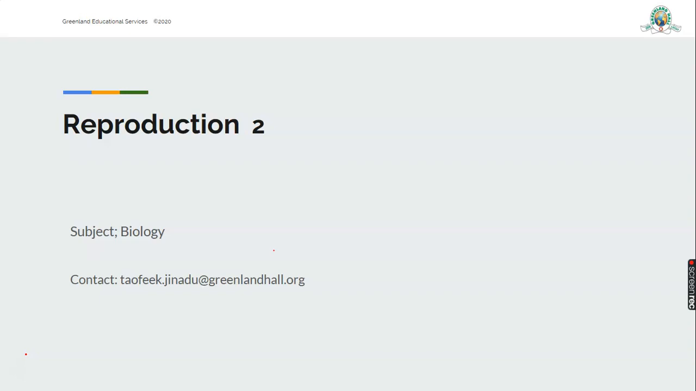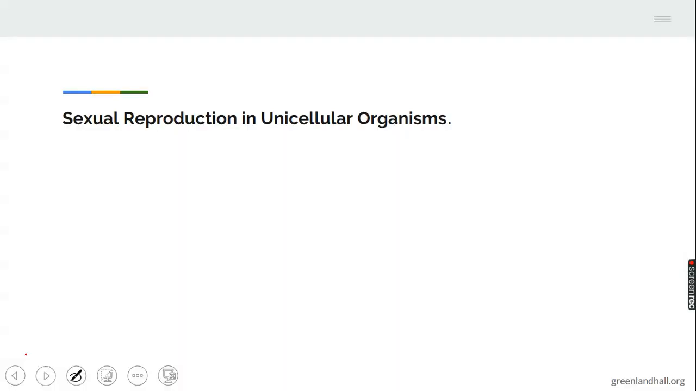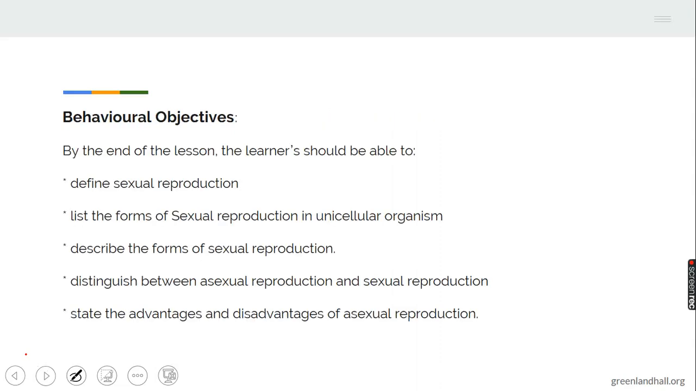We'll be looking at reproduction, sexual reproduction in unicellular organisms. The last time we defined reproduction as the process by which organisms produce new individuals. Before we look at sexual reproduction in unicellular organisms today,